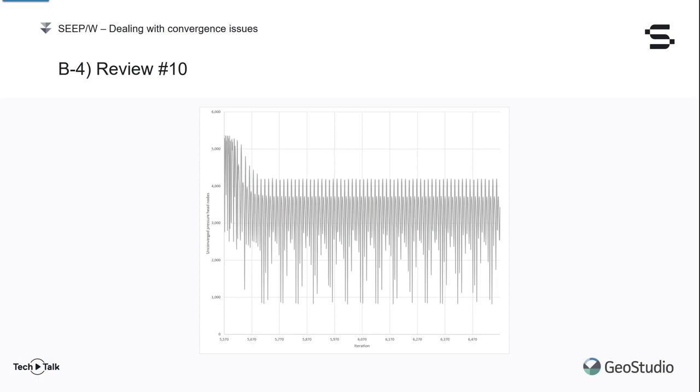Initially, the solver was making good progress in trying out new solutions that resulted in fewer nodes being unconverged. However, after a few hundred iterations, the solver seems to have run out of ideas on how to decrease the number of unconverged pressure head nodes, and things seem to mostly remain the same for the remainder of the iterations done. If I highlight a few sequences here, we can see how this pattern is being repeated almost identically as